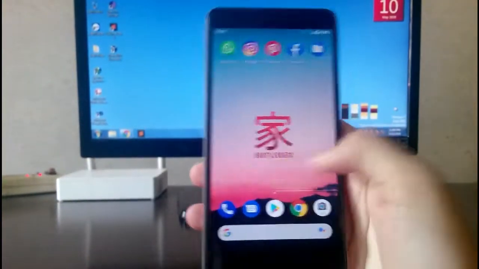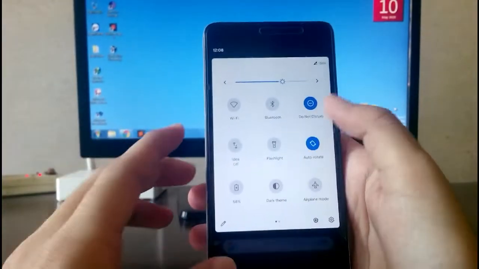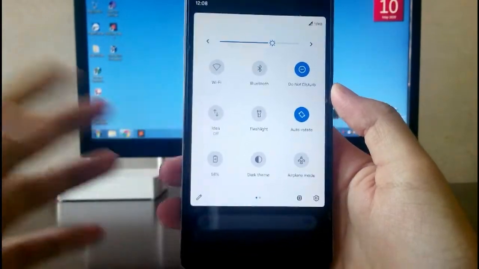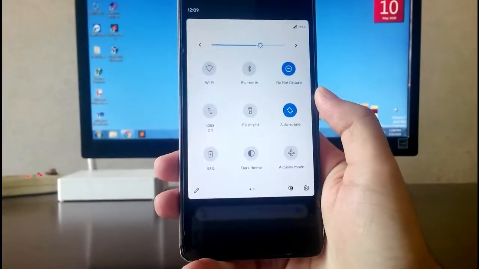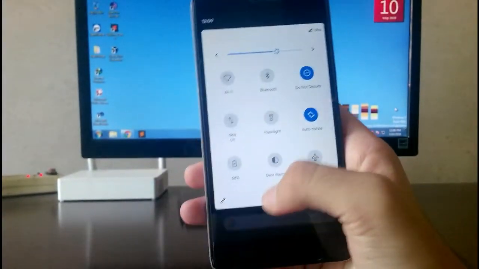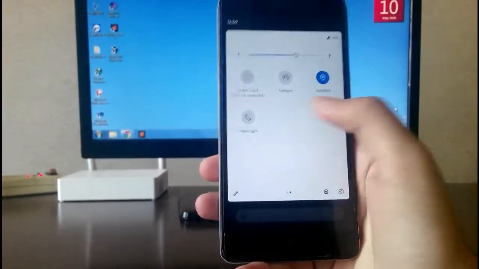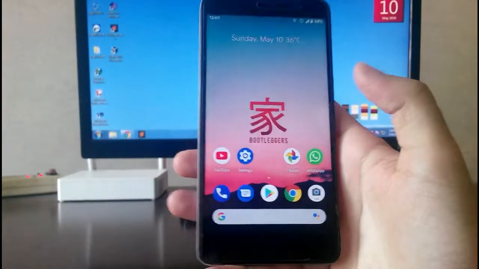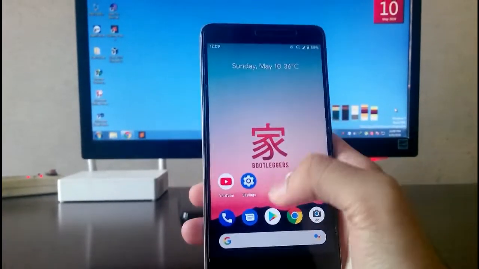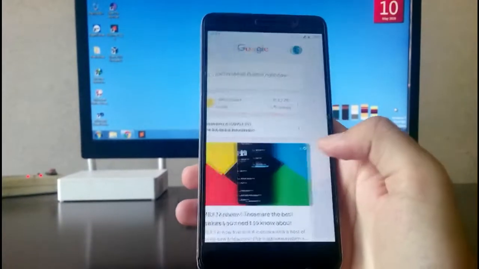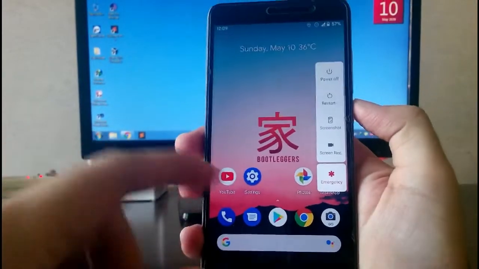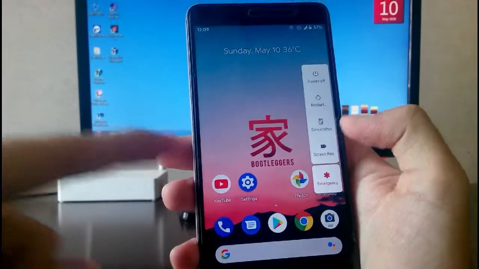The home screen, and talking about the features, the Wi-Fi is working absolutely fine. Bluetooth, I haven't tried it. Then the mobile data is working fine. The flashlight is also working fine. Then there is the dark theme and all this stuff, the night light. Talking about the other features, YouTube, I have no problems with YouTube flickering. Then you have the left swipe for the Google feed, and when you press the power button, there is the screen recorder available here.